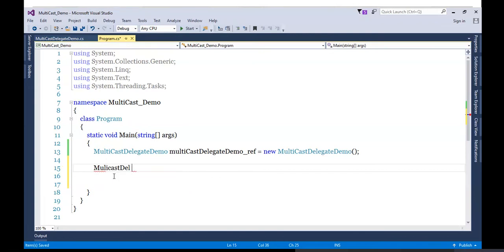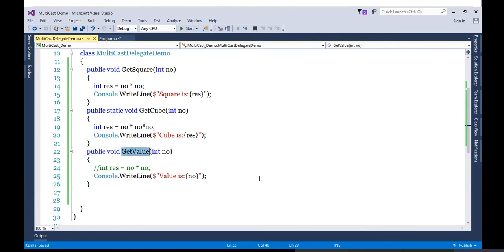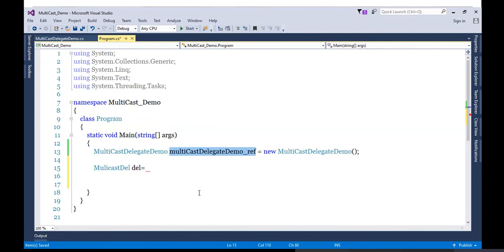Let's prepare the reference first. MulticastDelegate delegate equals, first, which method are we going to store? GetValue. Now, if you check this GetValue method, it is an instance method, which means if I want to access this method, I require the object reference.